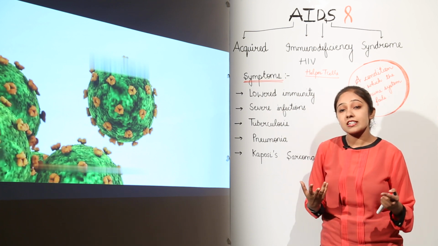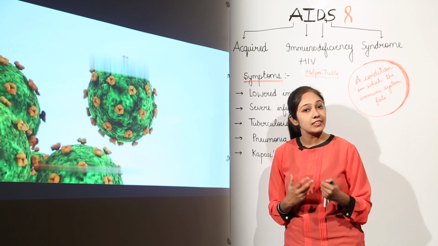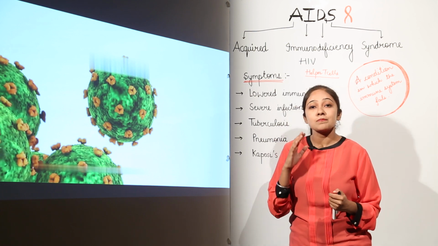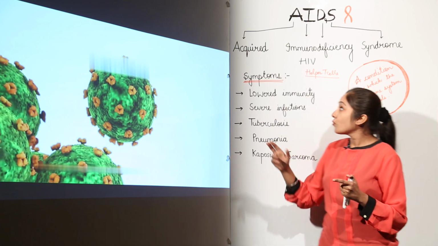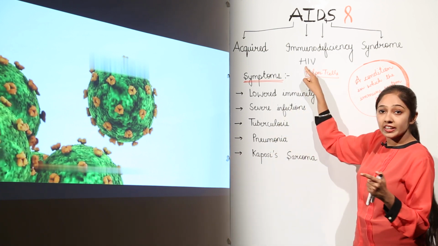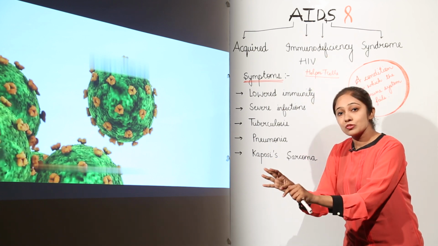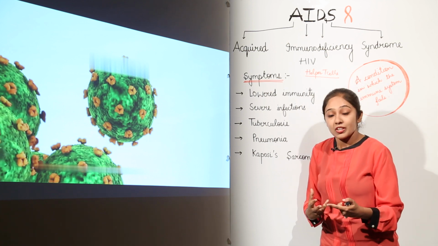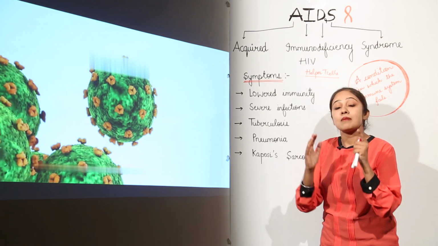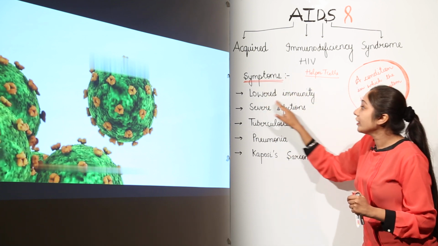As you all know, regularly you actually have a lot of bacteria and viruses entering your body. So which is the special system of your body that is going to protect you? That is your immune system. So what is this HIV virus doing? It is going to infect your immune system. It is going to attack your immune system so that your body's capability to fight infections becomes quite weak, quite low, and your body has a lowered immunity.